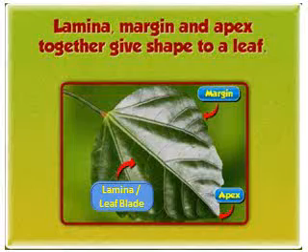Lamina or leaf blade, children, it's the broad part of the leaf. This big, thick part of the leaf, that part is the lamina. Then margin. Margin is the border of the leaf. The border, exact border of the leaf is the margin. And finally the apex. Apex means the tip of the leaf. The tip of the leaf is also known as apex. So I think you have understood all these three parts, lamina, margin and apex. All these three parts together, they give the shape to a leaf.